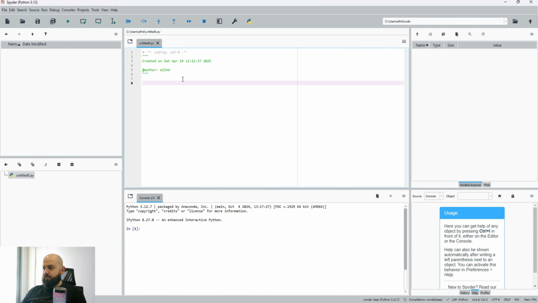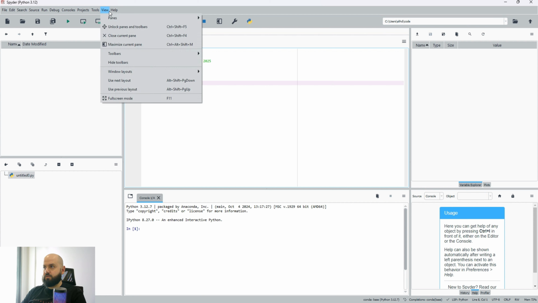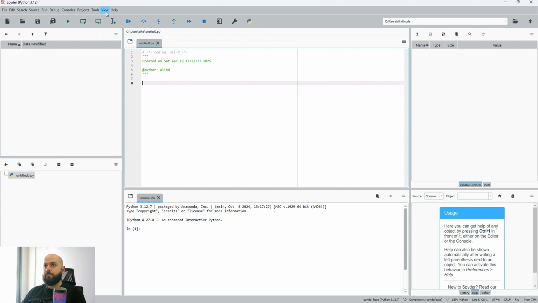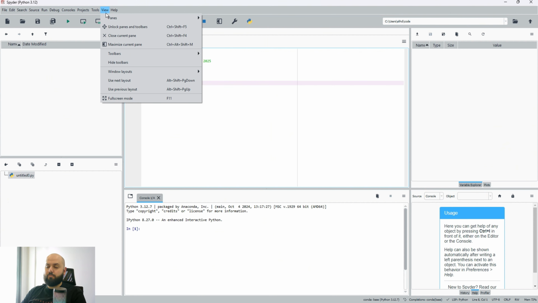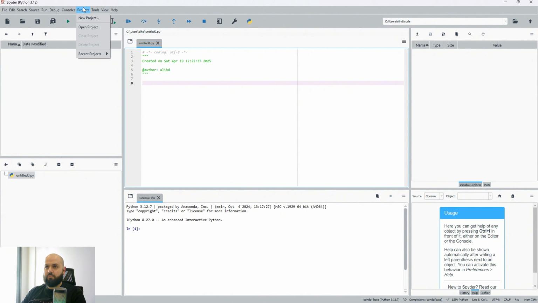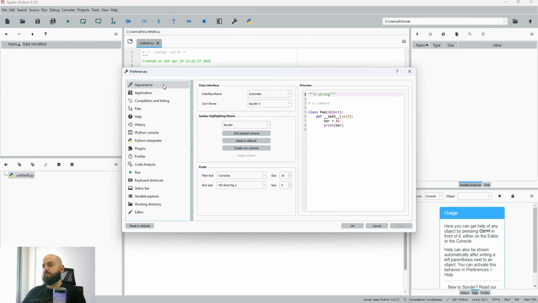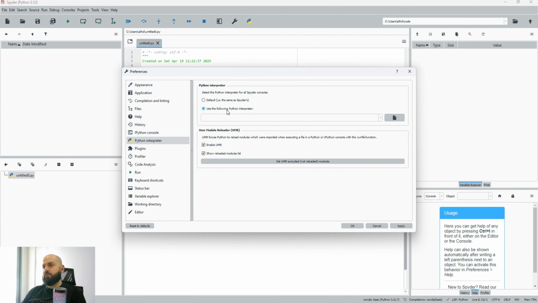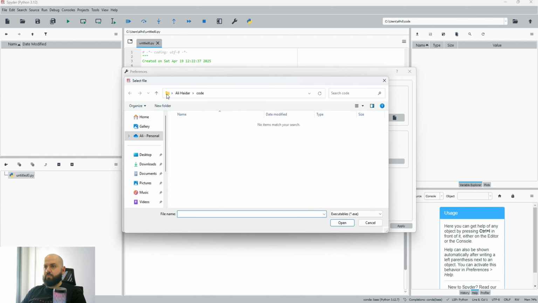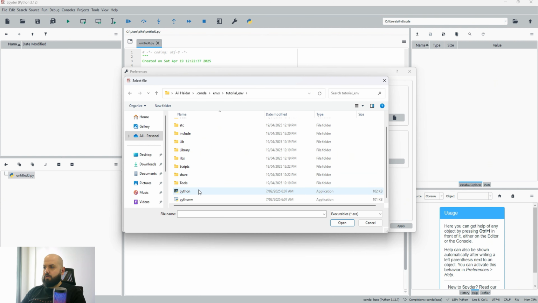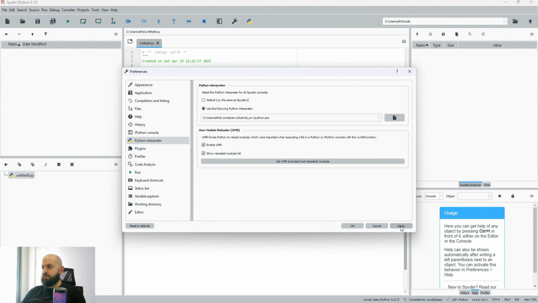The next step is to open Spyder. For me, I prefer to have this format or this view. To do that with Spyder, you can go to the Windows layout and select the preferred layout. But what is more important now is that we want to put the created environment to be used by our interpreter. So we go to preferences, and then we go to the Python interpreter and then select this. Because we copied that, we can basically use the following, and then we set it up. Once this is done,